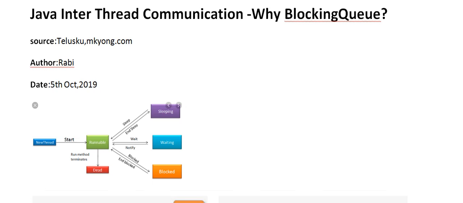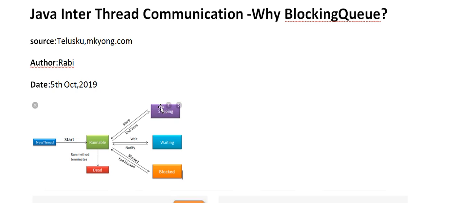Hello guys, today I'm going to discuss Java inter-thread communication and the importance of blocking queue. Before blocking queue comes into the picture, we need to know the basic idea about the thread lifecycle, how threads interact with different functionality. Like when we create a thread, it is in the runnable state, and it can be put into